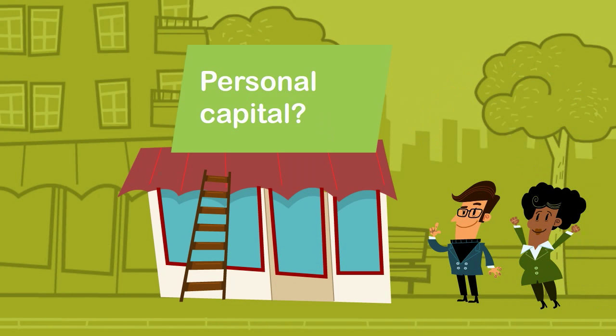Okay, first of all, personal capital and retained profits. What do we mean by that? Personal capital is the capital that the entrepreneur brings in to start the business. Okay, Leon and Susie's £200,000 each. It may come from savings, inheritance, the sale of a property. Retained profits are profits left over from earlier years that have not been spent in some way. One big advantage of using your own money to start a business is that it'll cost you less than a bank loan. There's no bank interest to pay.